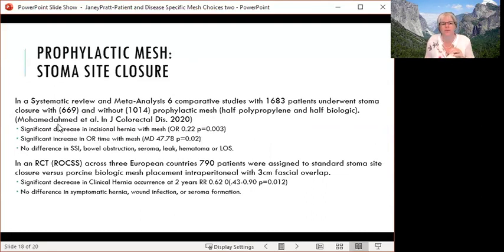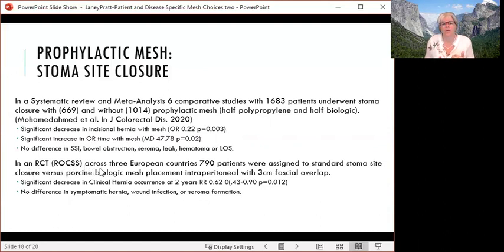And this was published in 2020 again, and it showed a significant decrease in incisional hernia with mesh with a risk of 0.22. It also showed a significant increase in OR time with mesh of about 47 minutes. And there was no difference in surgical site infection, bowel obstruction, seroma, leak rates, hematoma, or length of stay. So it showed that you can use either biologic or non-biologic meshes. It will take a little bit longer in the operating room, but it will significantly decrease the risk of incisional hernia. In a randomized controlled trial,